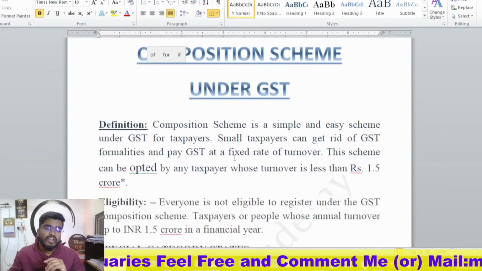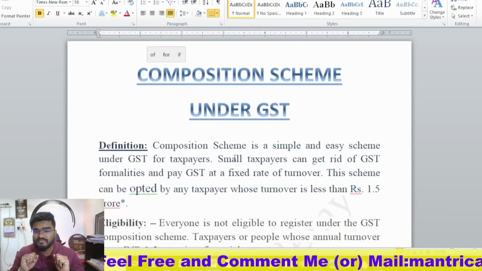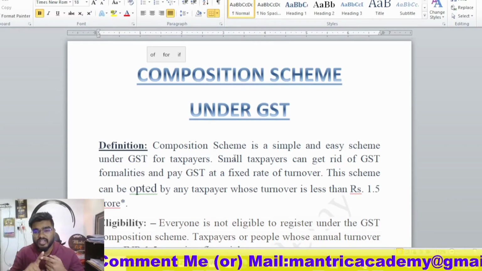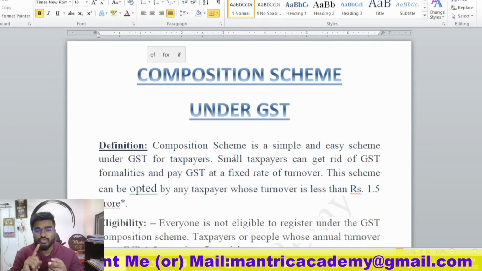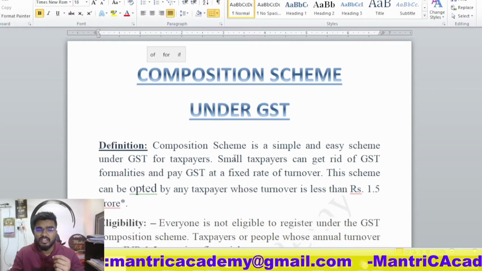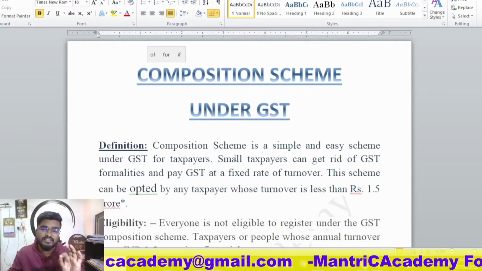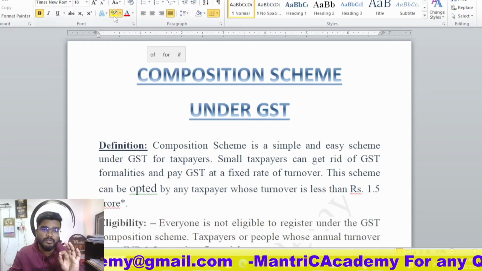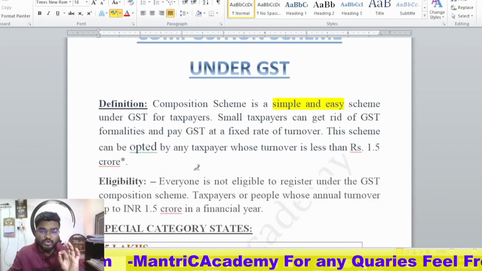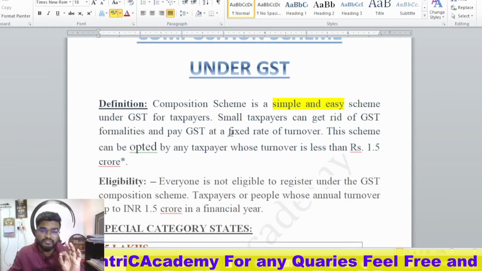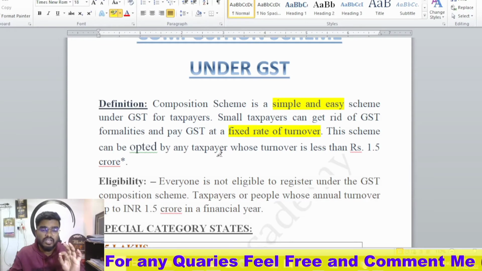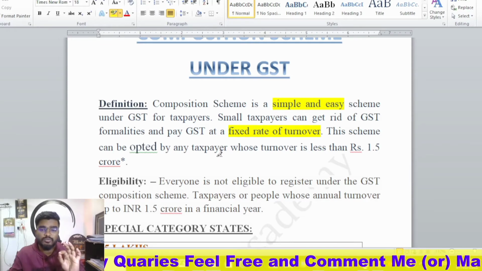Definition. As we have seen, there are two schemes in GST. If you have taken a registration, you will be either a regular taxpayer or a composition taxpayer. Composition scheme is a simple and easy scheme under GST, and they have to pay a fixed rate of tax on turnover and the limited